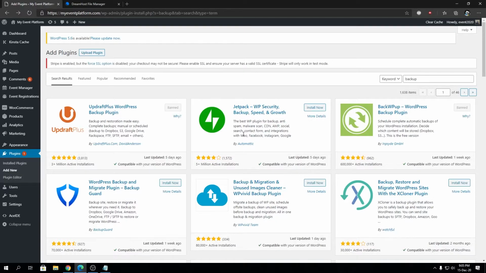And as I have already said, if you are using a managed WordPress host like I'm doing with Kinsta, you don't need to worry about that. You can configure backups from your hosting control panel. So in that way, it's not automatic. It's a little tech savvy when it comes to manual backup solutions.